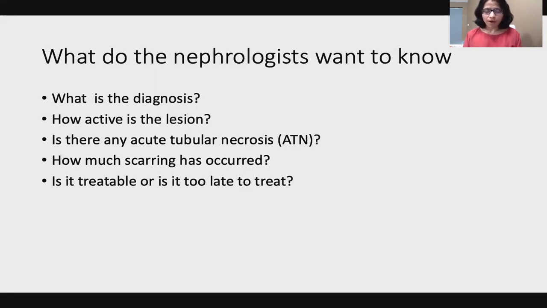So once we have worked out which clinical pigeonhole the diagnosis fits in, the next thing is we need to understand what our clients, the nephrologists, want to know. So basically their need is, firstly, of course, what is the diagnosis? What is the cause for all that clinical manifestation that they are noticing in the patient? Next thing is, once you've come to the diagnosis, how active is the disease? Is it in the early stages or is it in the late chronic stages?